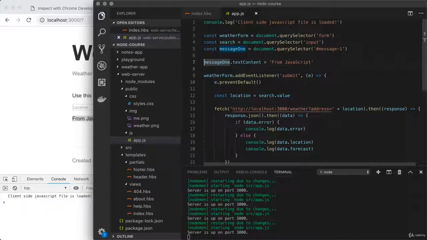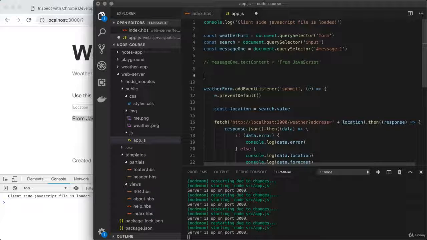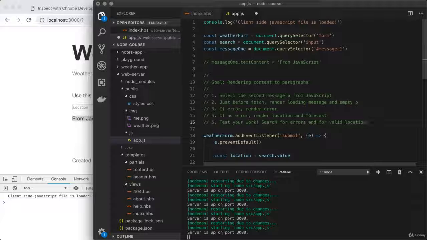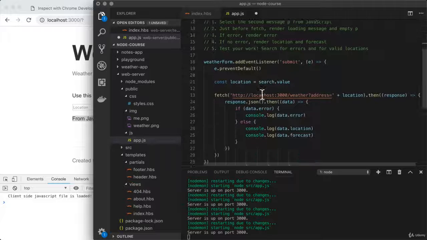Now that you know how to set the text content for paragraphs, it's challenge time because that's really all we're going to end up doing. We're going to use this same feature quite a bit. So right here, I'll comment out this line, though I can leave it in place so you remember how to use it. And then down below, I'm going to paste in the challenge comments. So your goal is to render content to those paragraphs. So we want to make sure that these messages get updated based off of what's happening inside of our submit